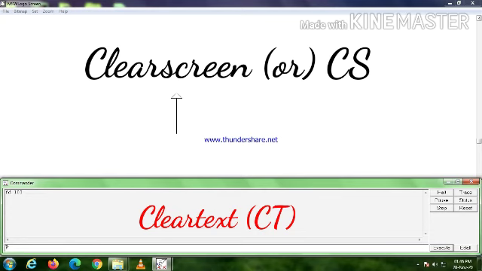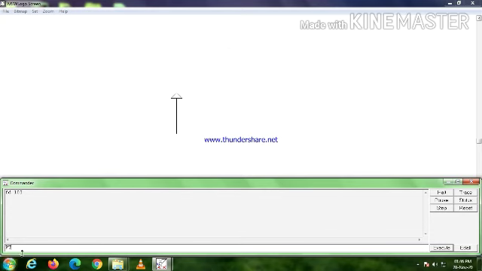Now I am going to draw two vertical lines separately using pen up and pen down commands. First give forward 100 to draw one line. Next we want to lift the turtle up to the next side without drawing a line. To achieve this we type pen up or PU command in the input box.